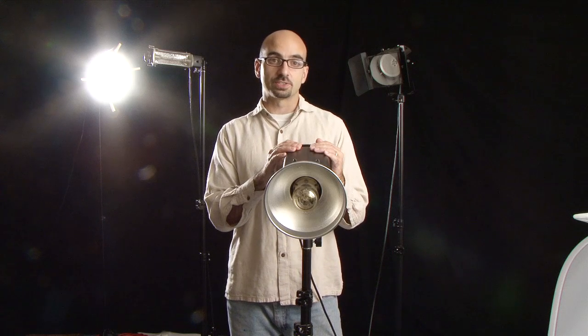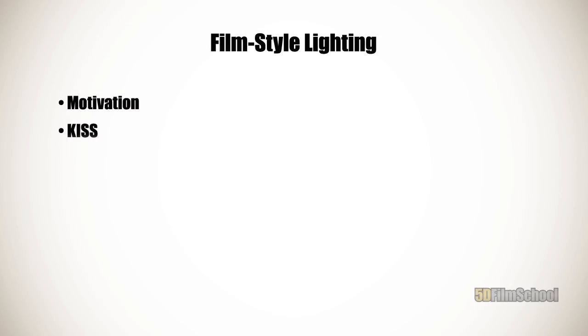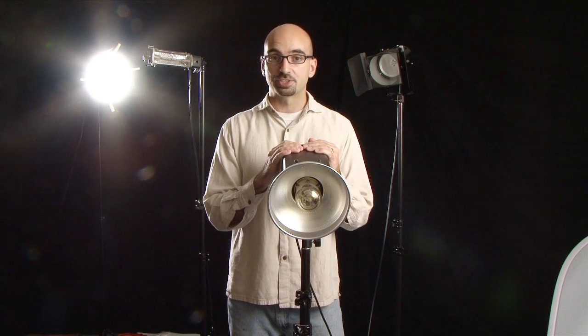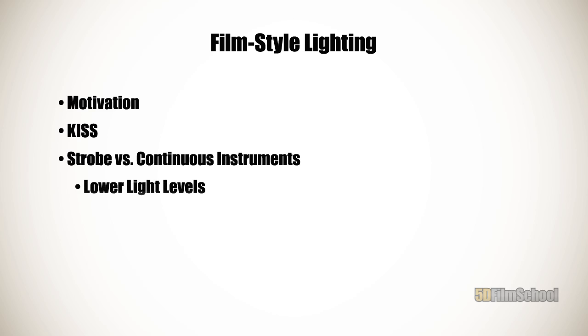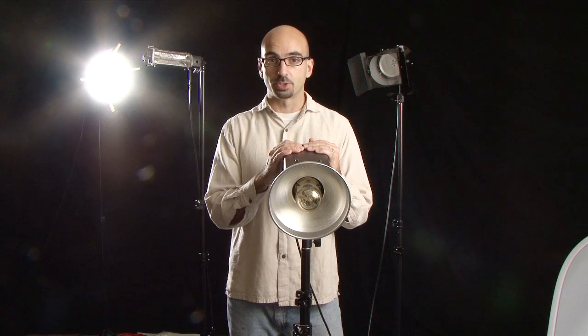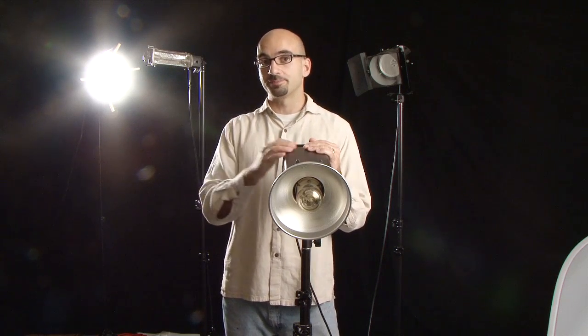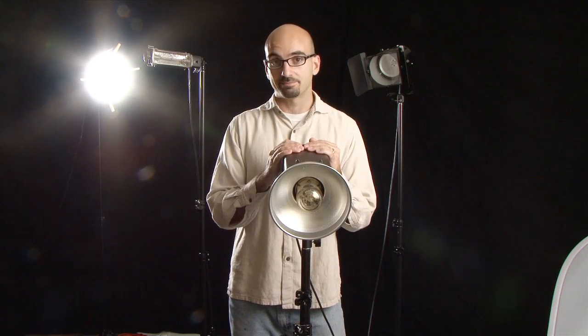The only thing that changes are the instruments, and because of the instruments being changed, there are three factors you need to remember. The first factor is quite straightforward. It's just that you're going to have to adapt to shooting at lower light levels. If you're used to shooting with strobes, you can hit f8 or f11, f16 whenever you want. Shooting with little tungsten lights like this, not going to happen.